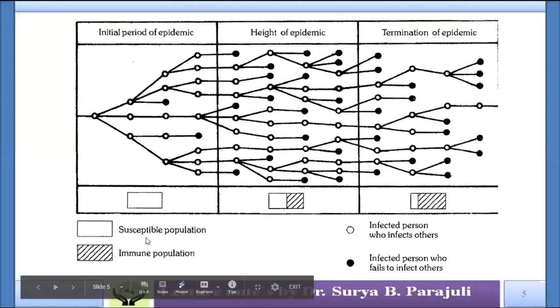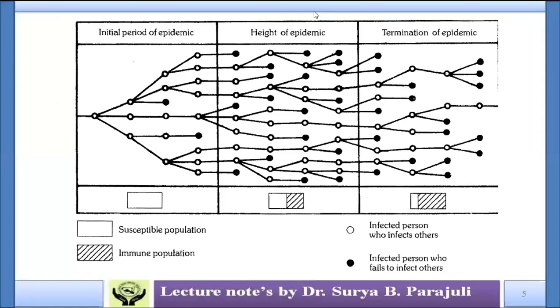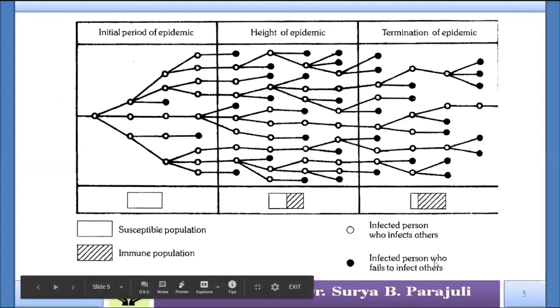This symbol means immune person. This means susceptible person. This is an infected person who infects others, and an infected person who fails to infect others. In the current context of COVID-19, we are in this stage, the height of the epidemic. It is spreading. So what will happen now with these black dots? The infected person who fails to infect others, at a certain point of time at this borderline,